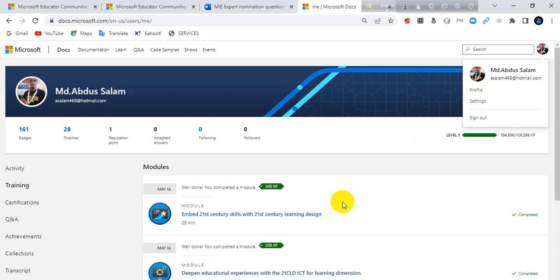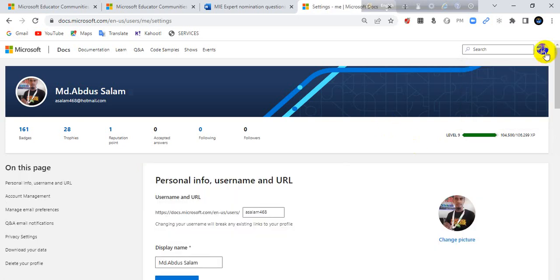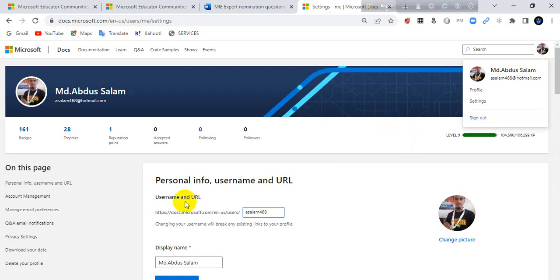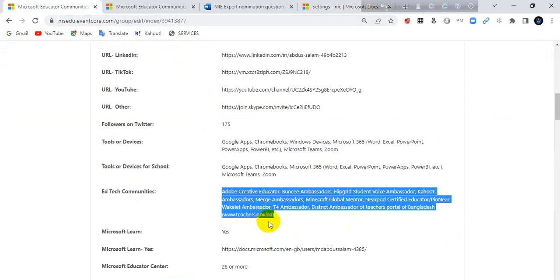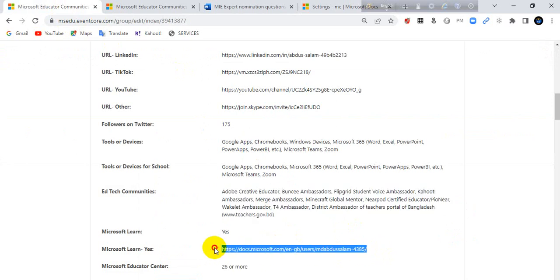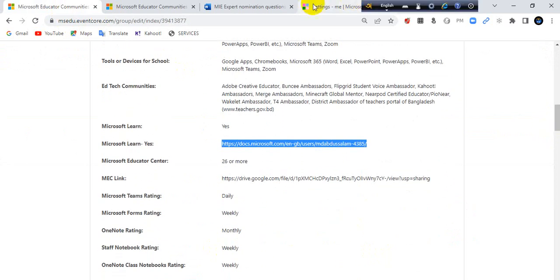Okay, then I will show you. Click the settings, then you will find your public profile URL. This is the URL. You can change your name also. Just copy this one first, then copy this one a second time. This is your public profile URL, then add it here. So this is my public profile URL. Next,